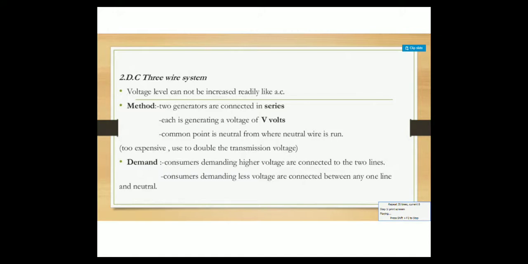Coming to the next one, there are two types of DC distribution systems: the DC two-wire distribution system and the DC three-wire distribution system. The DC two-wire distribution system consists of two wires, one positive and another negative. Why? Because DC represents a battery, which consists of two wires, one positive and another negative. Positive will come from the source and negative will come from the load. And in the DC three-wire distribution system, along with the positive and negative terminals, there is an extra wire provision, which will act as the neutral.